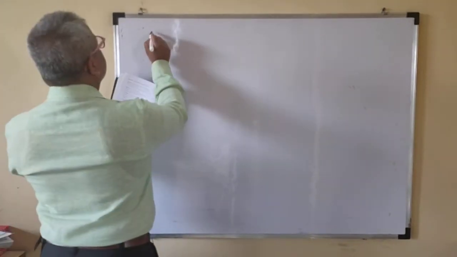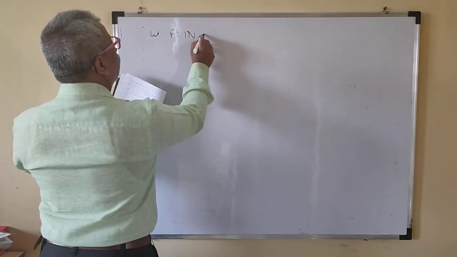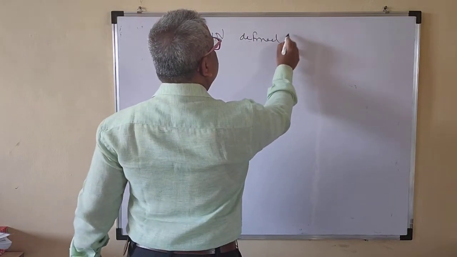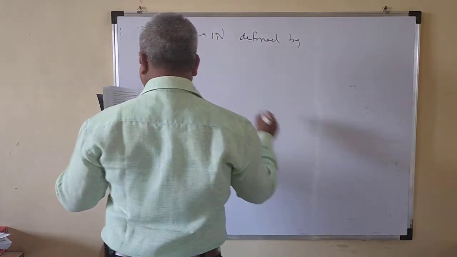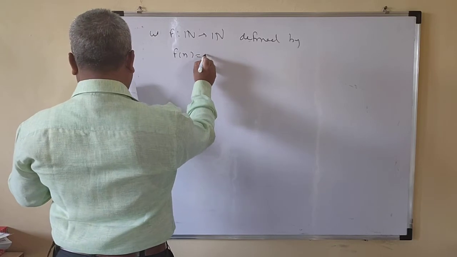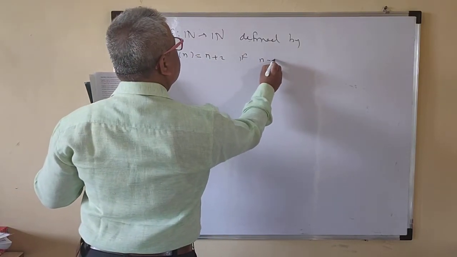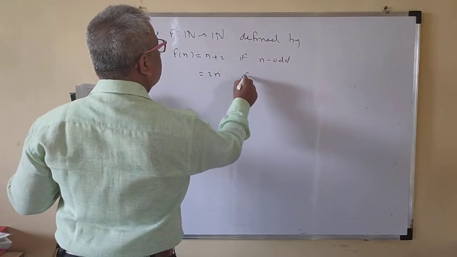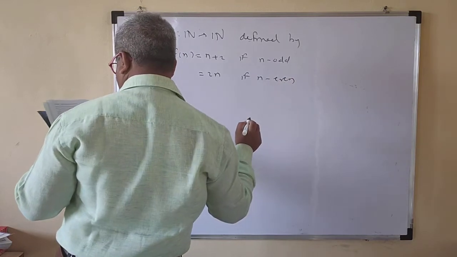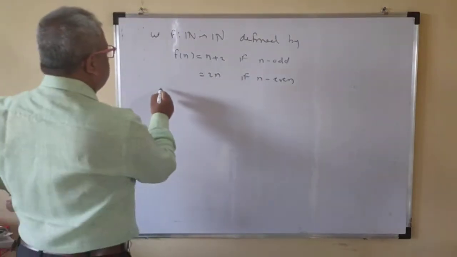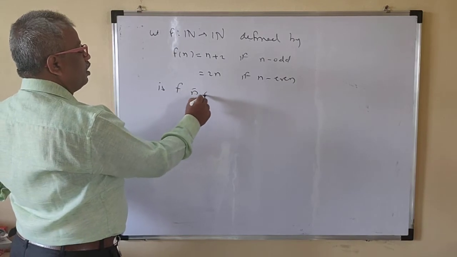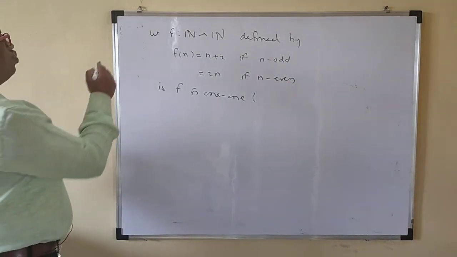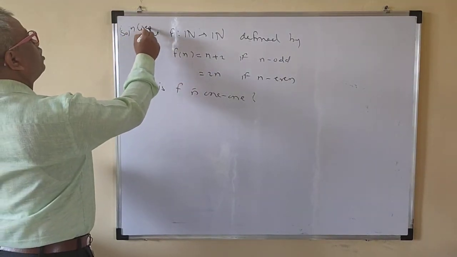Okay. So let f from N to N be defined by f of n is equal to n plus 2 if n is odd, and twice n if n is even. Is f one-one? Okay, solution. Given that